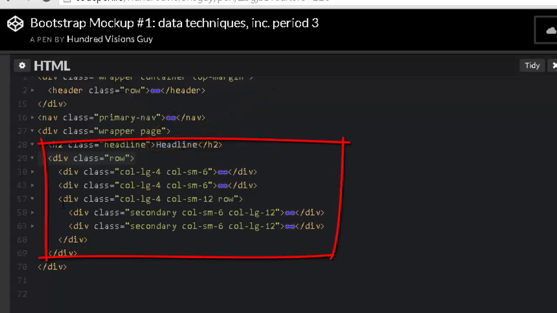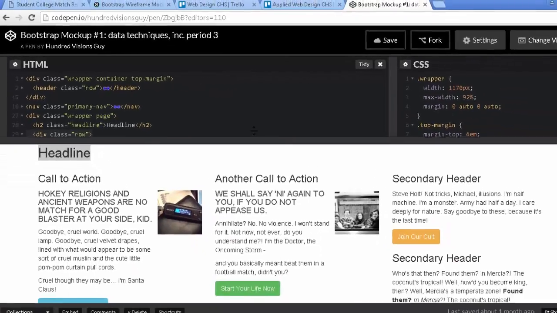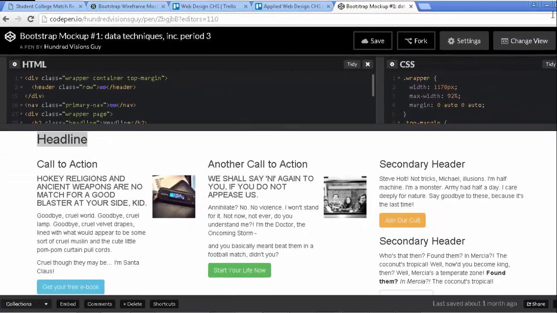And in it, we have basically 3 divs, each with a class of col-lg-4. But in addition to that, notice all 3 of those start with the large 4. But now the first one has a small 6, the second one is a small 6, the third one is a small 12, and we added a row to it. We've converted that one into a row. And so the end result is that when we look at this and we go to a small size,